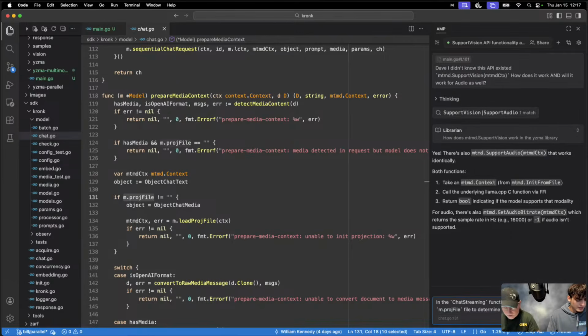It would be nice to use these functions when a... sort of is provided to, well, is it important though? See, when I'm given a projection file, then I know I can work with media. You need that. There's no way around it. If it's not there, you can't do it. And I've done other checks to see if there's media in the request. But I think it would be nice to,